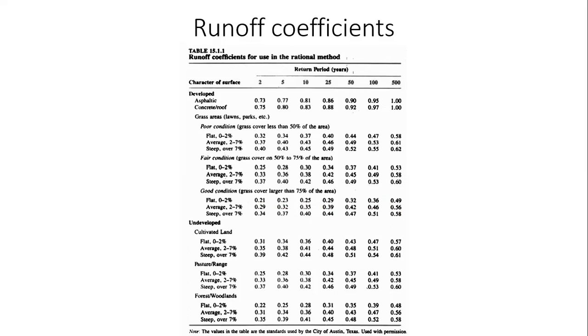Because this kind of a storm typically will have very high intensity, right? So therefore you will reach time of ponding sooner. And if you reach time of ponding sooner, then obviously runoff will be more, right? So this is kind of intuitive, that the more rare a rainfall event is, the more runoff.